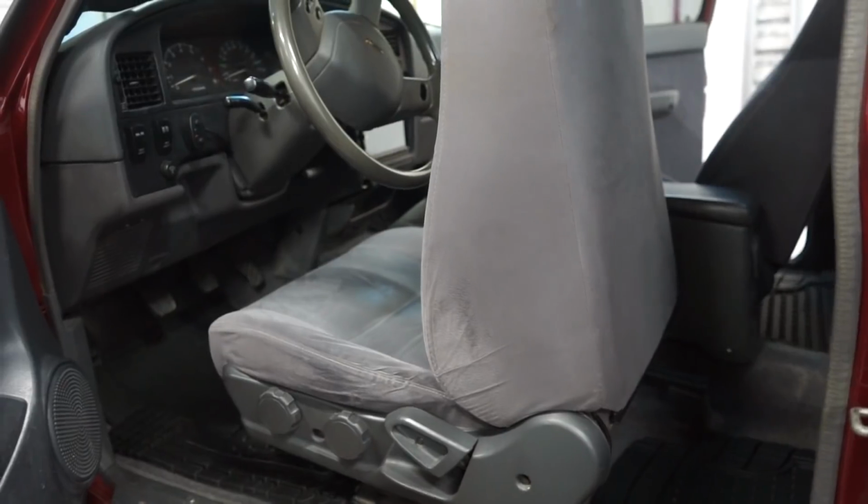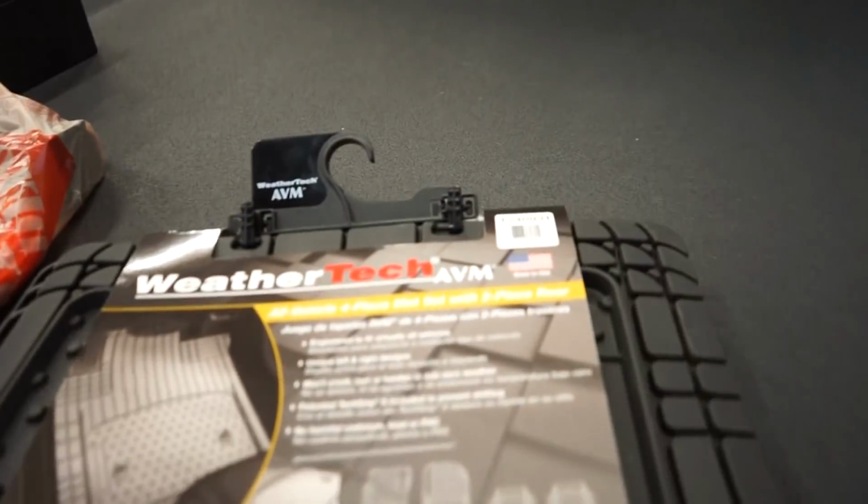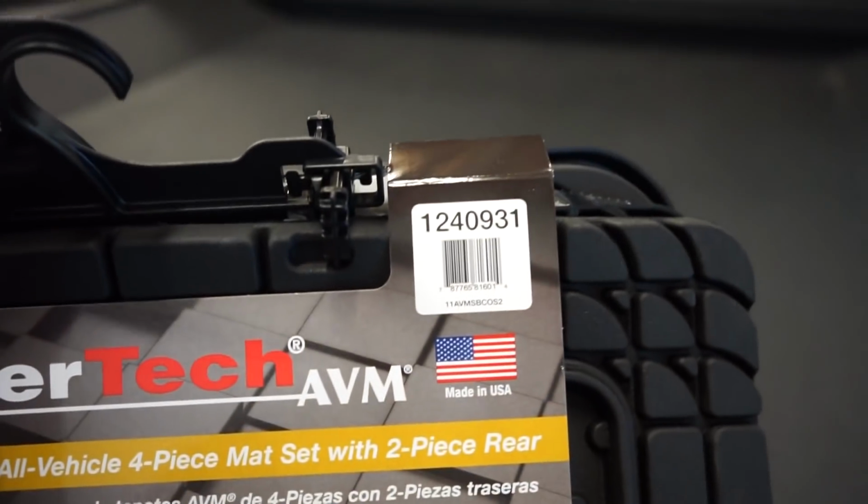There we go. Rears fit like a glove. Passenger side fits like a glove. Definitely a very good fit for these. I actually have another set. These are for the 4Runner, but the part number, you can see there,